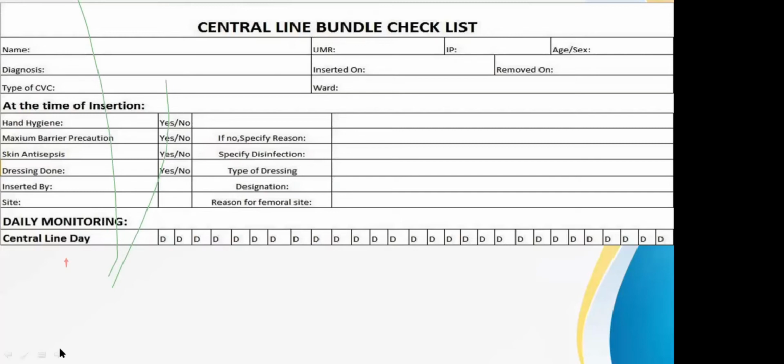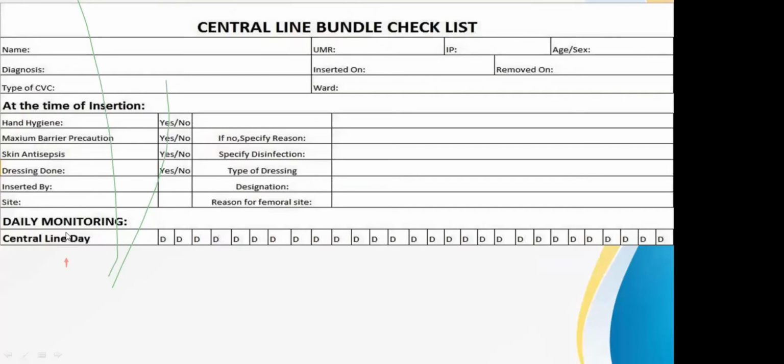These are the basic things any healthcare staff needs to know and have a checklist on, because while one is performing, the other one can just stand and check whether all these checklist items were maintained or not. So was hand hygiene done or not, were barrier precautions taken or not? If they were taken, well and good, yes, you can put up. If no, what was the reason? Was there any emergency that some breach in the practices was done? Skin antisepsis, which disinfection you have used, dressing, what is the type of dressing, who has inserted it. This is very important.